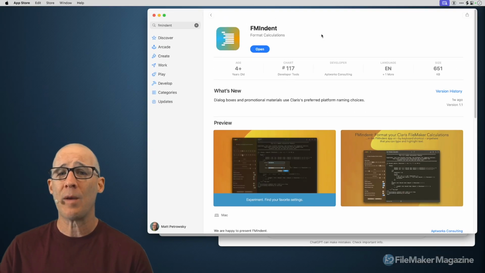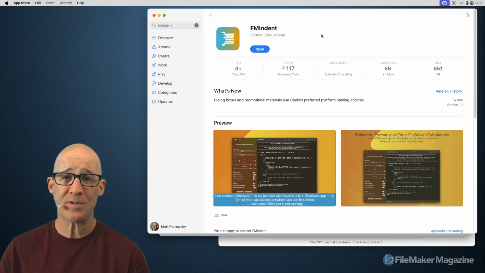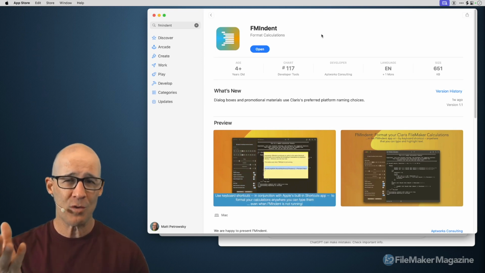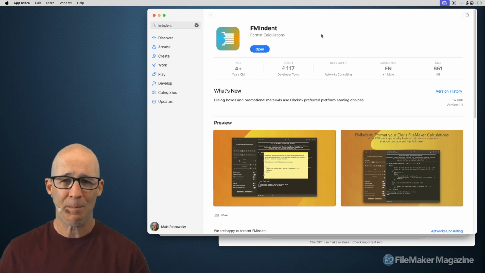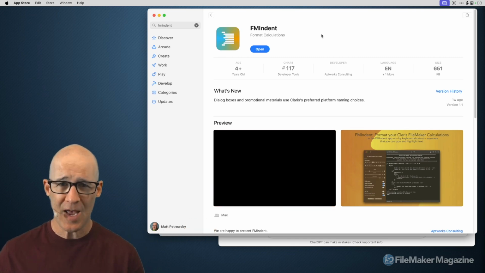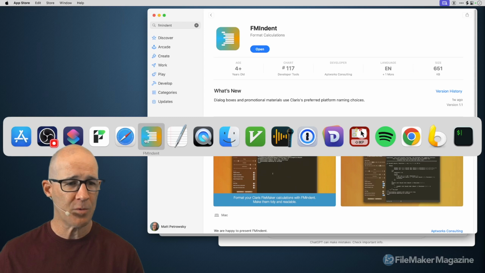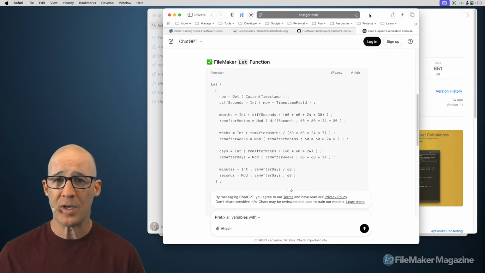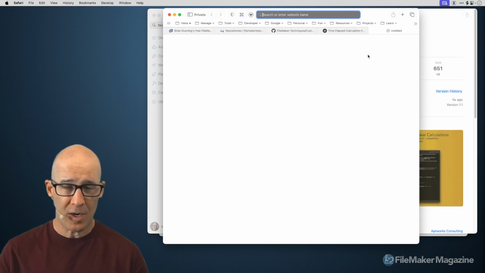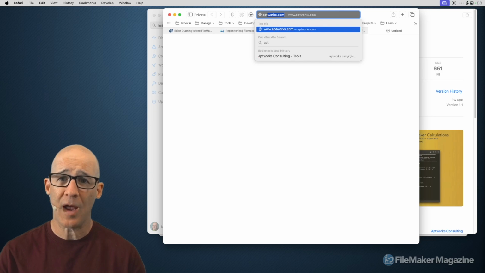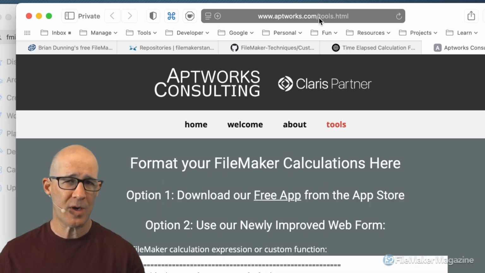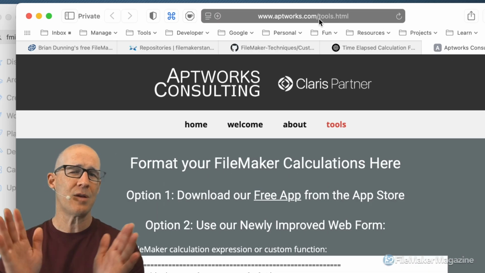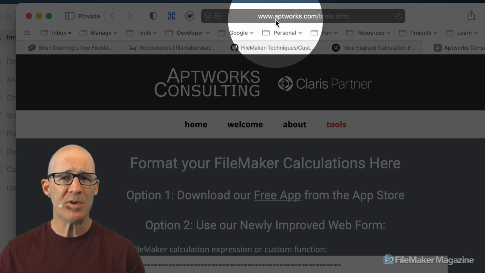Debbie, I can't thank you enough for this application. It's absolutely brilliant. For those of you that are on Windows, if you're still watching, even though this has been all about the Macintosh, Debbie does have, over at her website, which I'm going to head to right now, we'll go to it, she does have, and it's AppWorks, I believe, AppWorks/tools. Is where it is right there. So if you are on Windows, or if you have a Windows friend who is not using the Macintosh, you can go to Debbie's website,